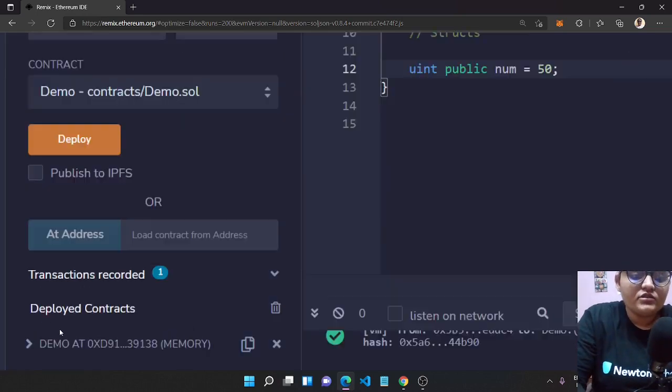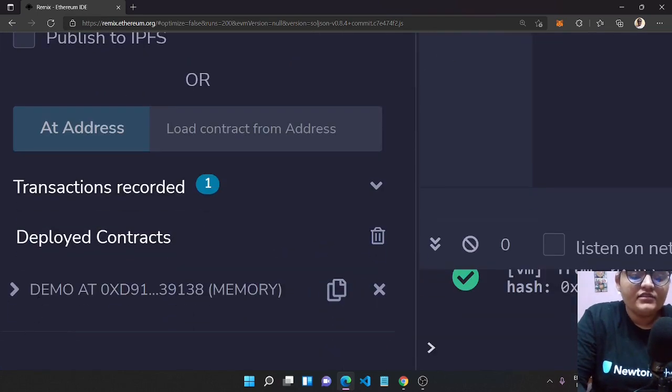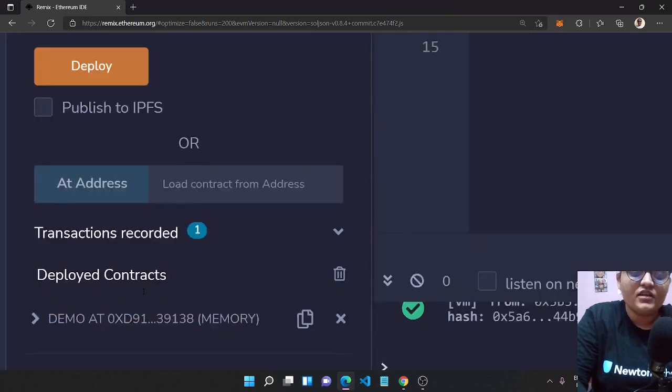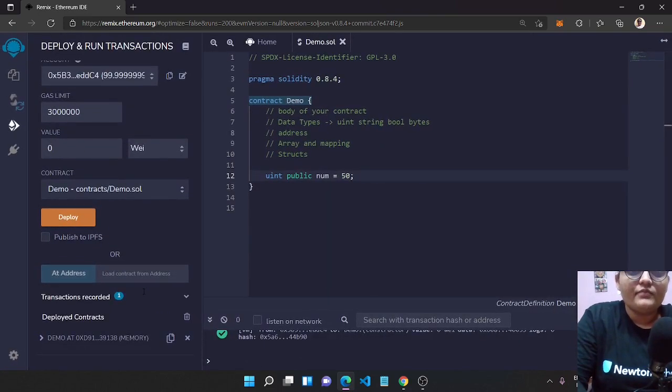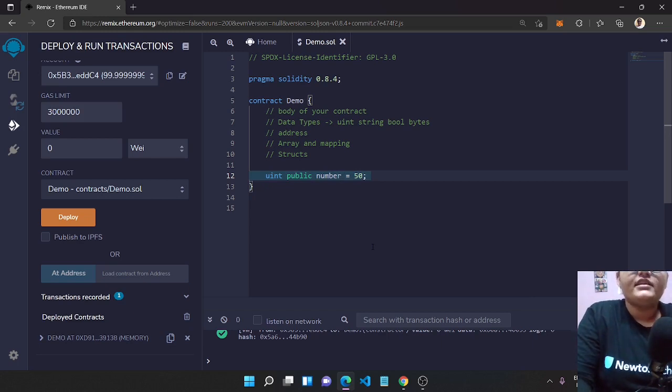Now you can see over here the file which we just compiled and deployed, and this gives you an address. Each Solidity program has a unique address. If I change something in my Solidity file, then I again need to compile and deploy this file, and after deployment I will get a new address.